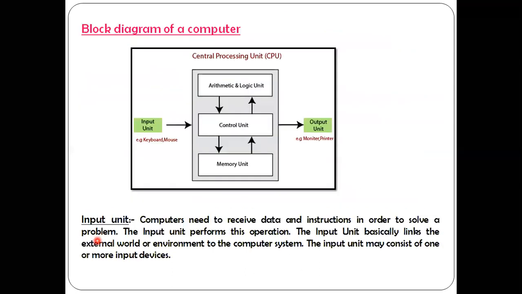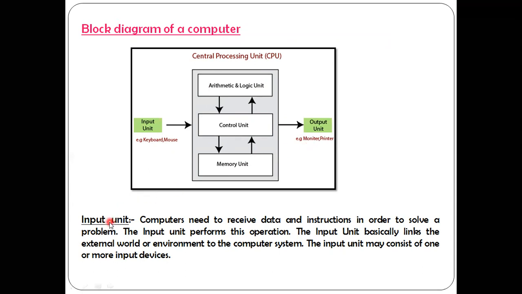Okay. So moving to the next segment, that is a block diagram of computer, which we have already discussed in the last year in the beginning. Okay. So same thing is a block diagram: input unit, output unit, CPU consists of some 3 parts: ALU, control unit, memory unit. We'll discuss one by one. The first one, input unit. So as you all are familiar with what are the different types of input devices? Keyboard and mouse comes under the input device. What are the output device? Printer, monitor, and speakers comes under the output devices.